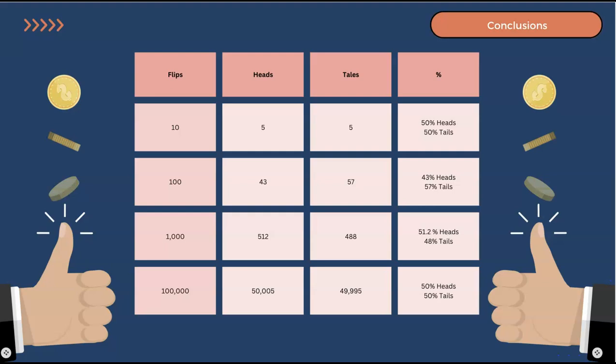Okay, let's review our data. So at the top of our table, we have the number of flips, whether it landed on heads or tails, and then the percentage. So when we flipped it 10 times, it landed 5 times on heads, 5 times on tails, and we got a 50-50 percentage. So we wanted to get better data, so we flipped it 100 times. It landed 43 times on heads, 57 times on tails, so we came out with a 43% heads and a